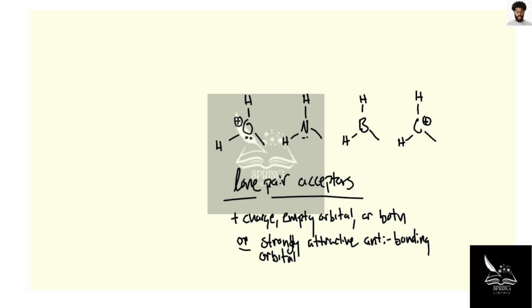So it has four filled orbitals. That means it's not going to be a particularly good lone pair acceptor, right? If a lone pair was here, where would it go? Yes, there is a positive charge. That's true, right? But as it turns out, we don't have any orbitals to put those lone pairs in,